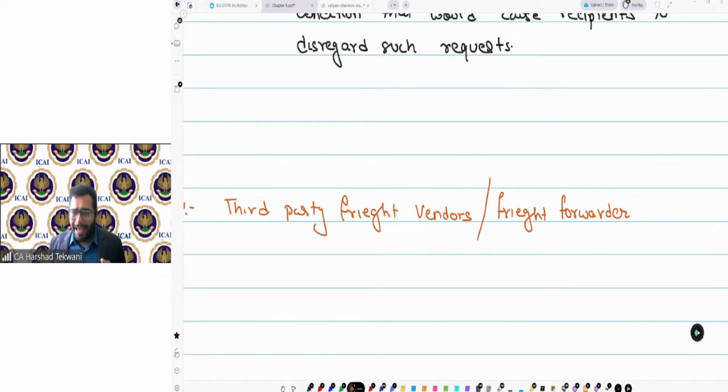They will organize the shipment, pack it, do the documentation, and do the filing on your behalf. Let's say, for example, you want to send goods somewhere outside India. It's a case of export. Now, rather than you packing the goods, sending them to the customs port, getting cleared for the shipment, and then loading on the shipment, freight forwarders will do everything for you. So those are freight forwarders.